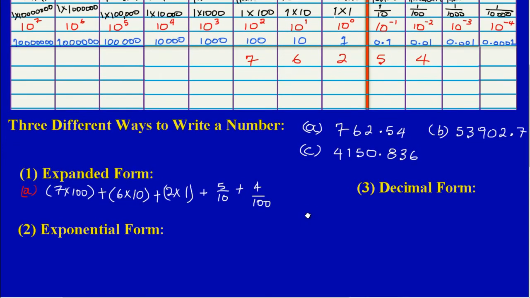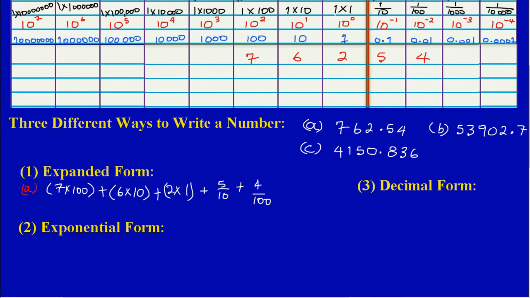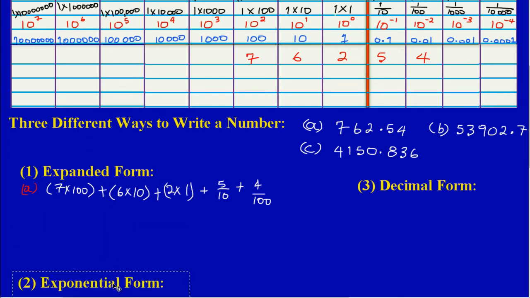Let me just pull this down quickly, and let's look at the second number in part B and how it is written in expanded form. Now this is pretty easy. Again, if you notice, in part B I have 53,902.7, and I'm going to write this number in my place value chart again,